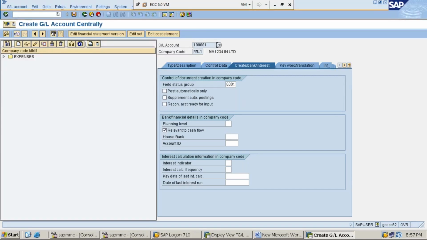As this is a cash GL account, which will be used for recording cash outflows and inflows, we are enabling the option relevant to cash flow. Am I clear?